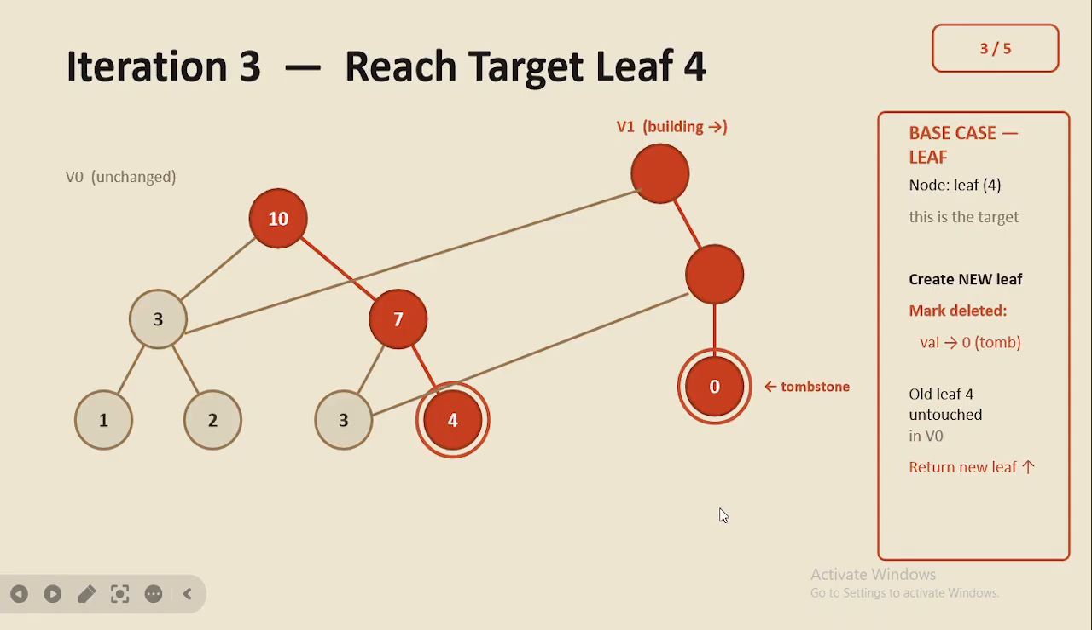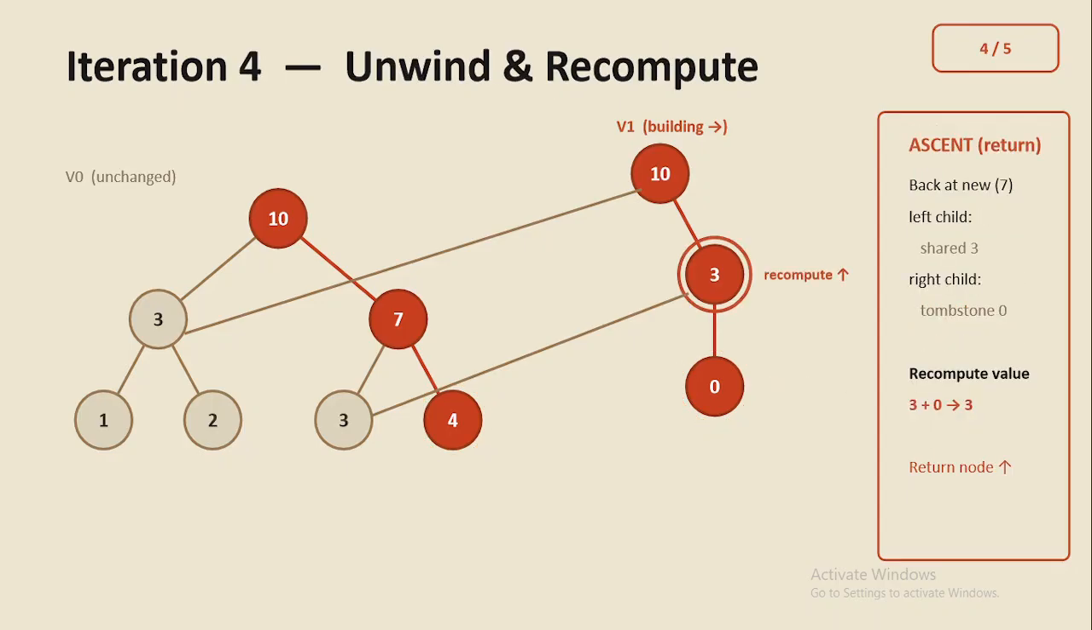Now the original leaf version 4 is going to be 0, completely untouched. We return this crimson node upward. Now we will just recurse it and add the values. 3 plus 0 is equal to 3, and then again